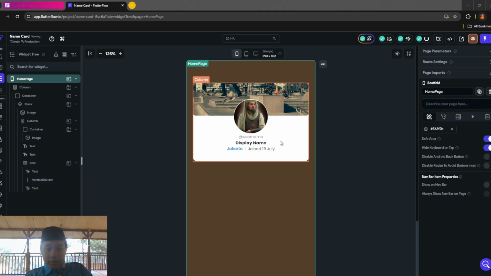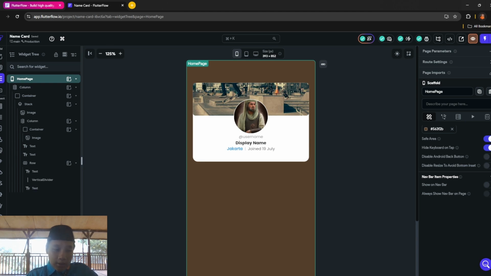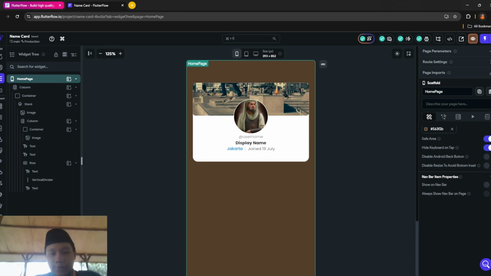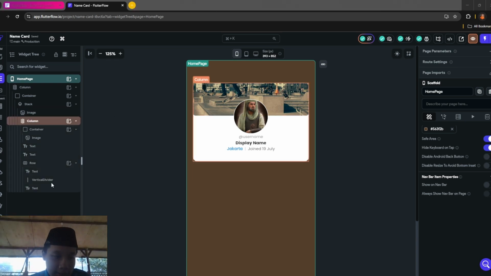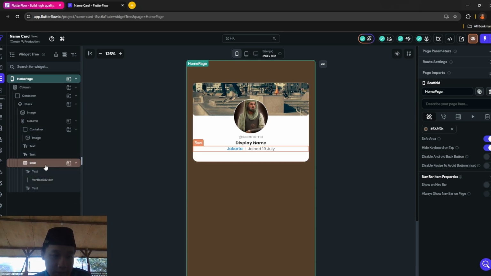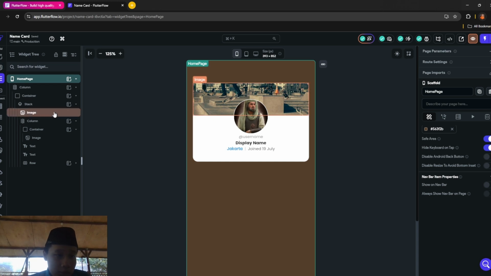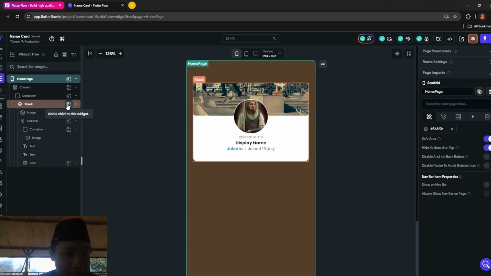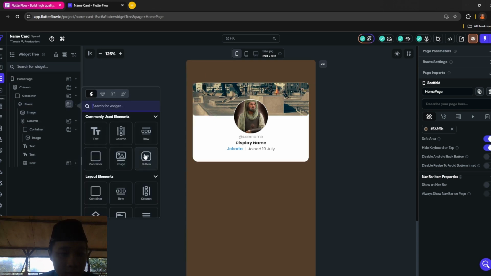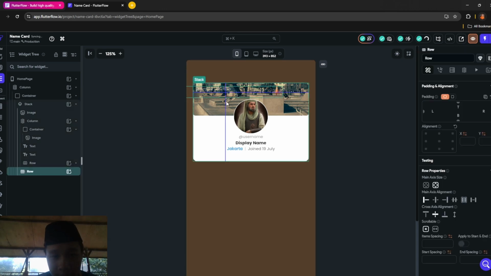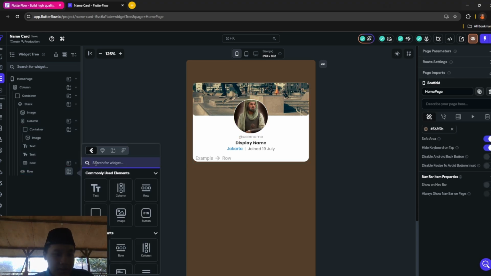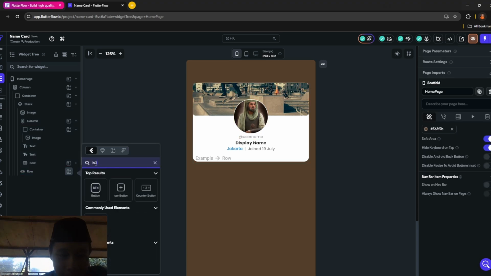After this, you want to add a container, maybe a row again for the buttons. So first, click on this tag, and then click row. Drag it down here, and it should look like that. And then in this row, you want to add a button.